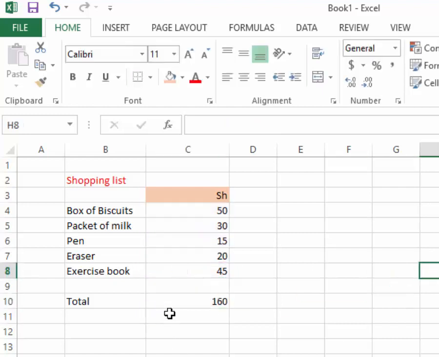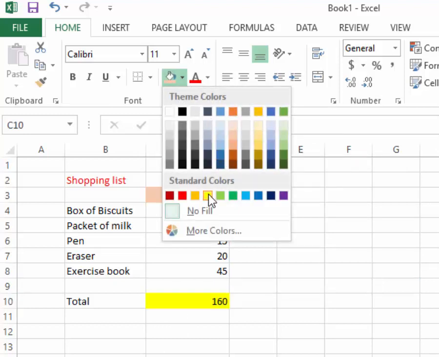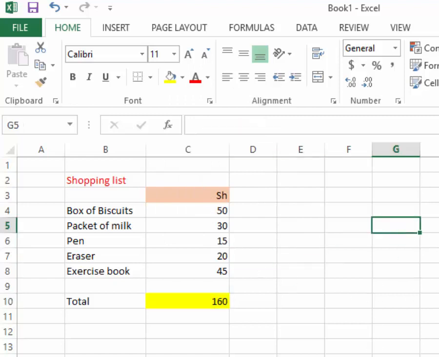So finally I have my answer down here, and I can come here and change the background color for the answer. Maybe I put it yellow like that. So I have recorded information in Excel and did calculation. That is